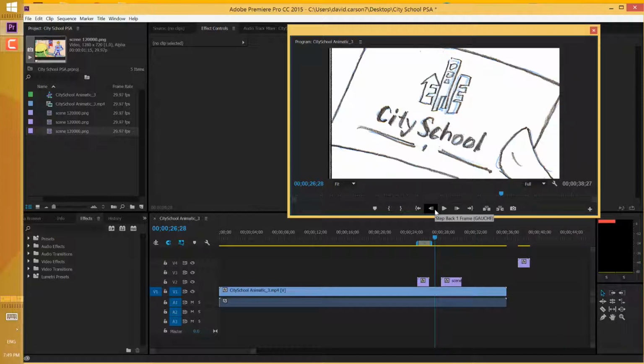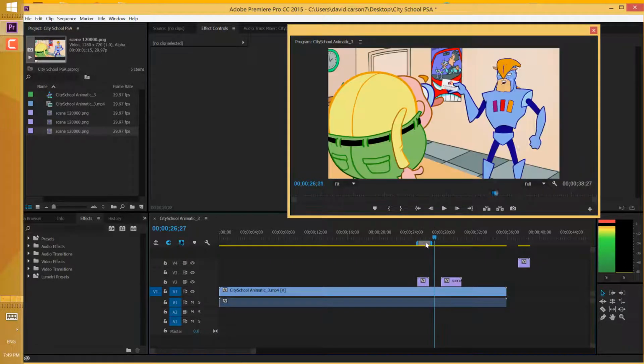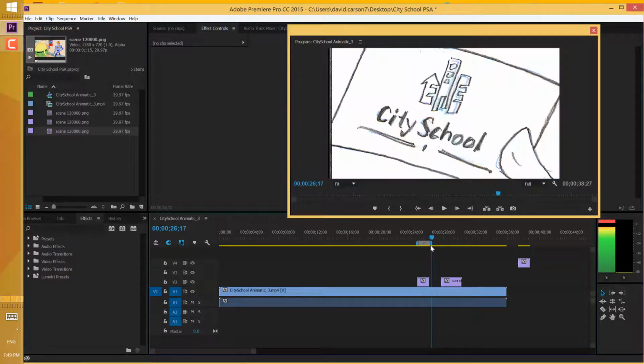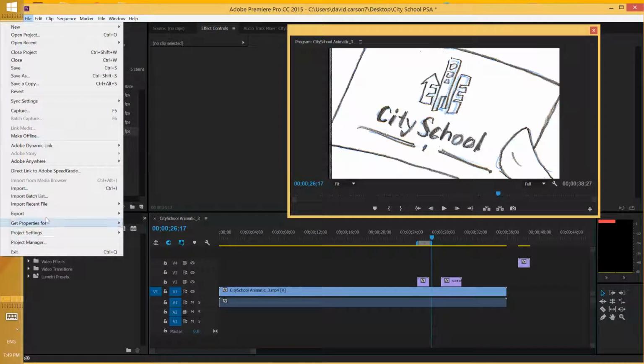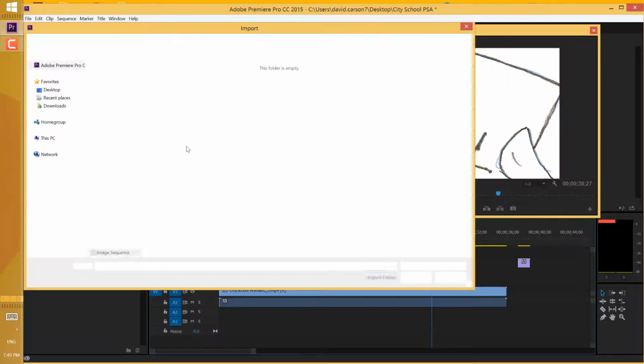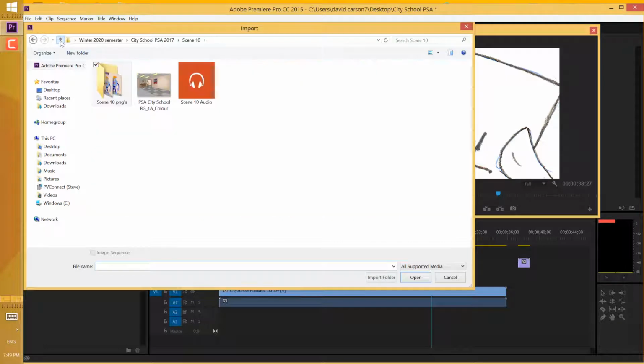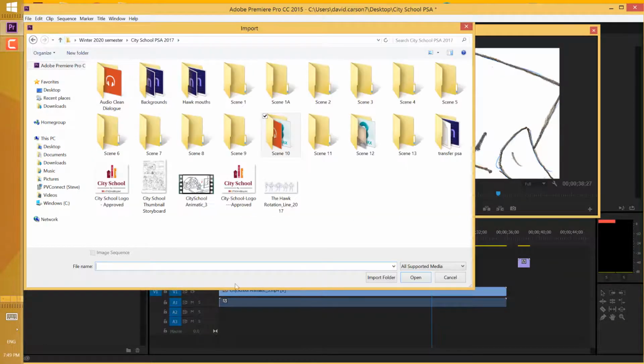And there we go. I'm not sure what that sound thing was that happened there. I seem to have a little hiccup in my software. But you could see that finished animation that was happening in there. So that's cool. And then we do the same thing. We will then go importing. Go to import. I'm going to go back up and go to